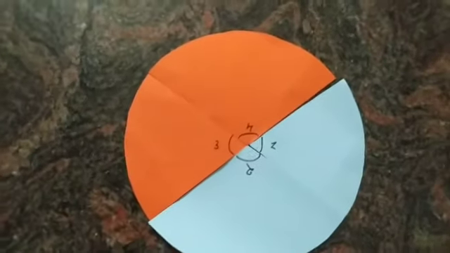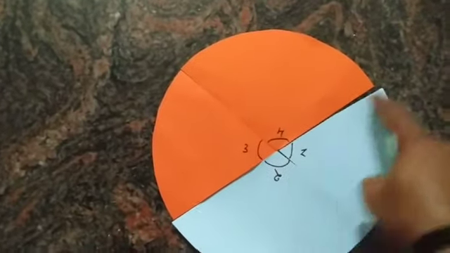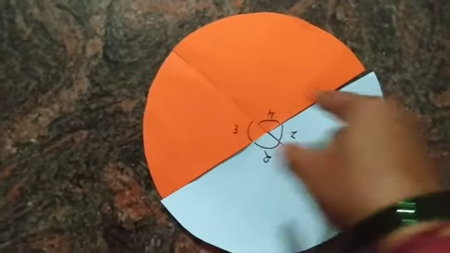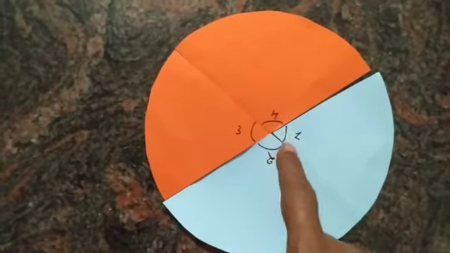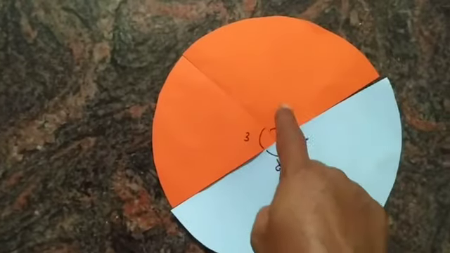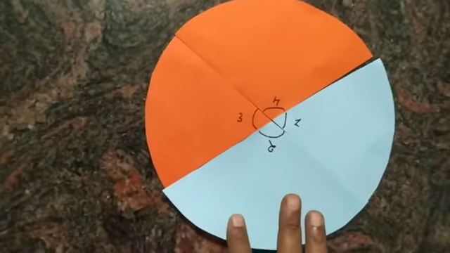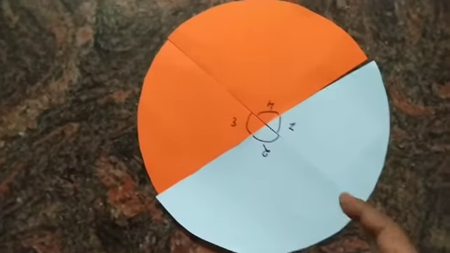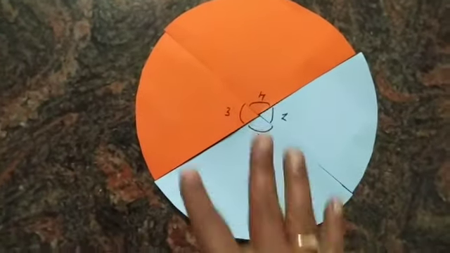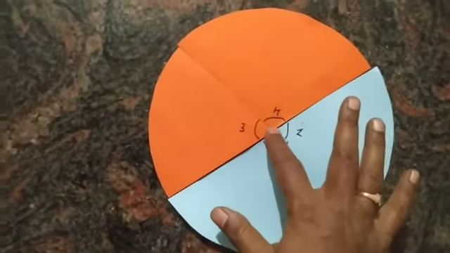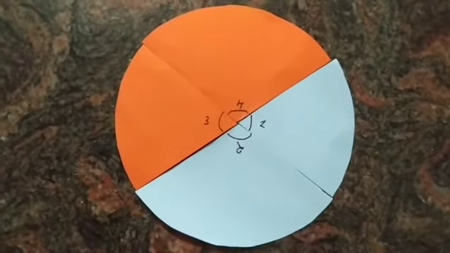That is, the complete angle. So here, if you see, one center point is there. If I draw rays from the center in four different directions, then the angle that forms at the center is 360 degrees. So here, 1 plus 2 plus 3 plus 4, if you add all the four angles, the sum will be 360 degrees. Because you know that this is 180 and this is also 180, and 180 plus 180 is 360. So like this, we can say these four angles at the center form one complete angle that is equal to 360 degrees.